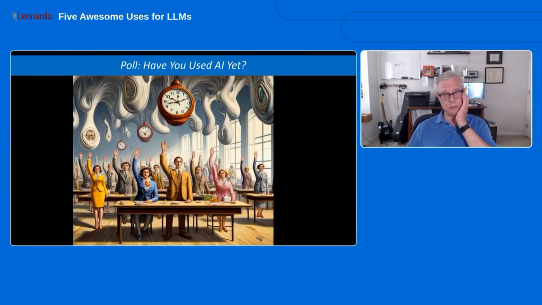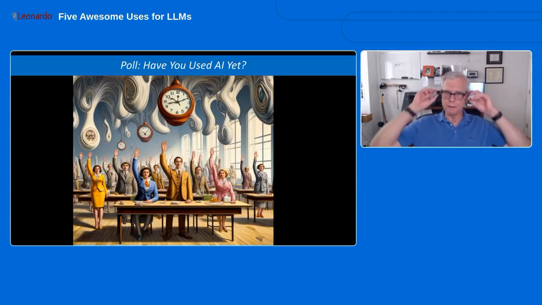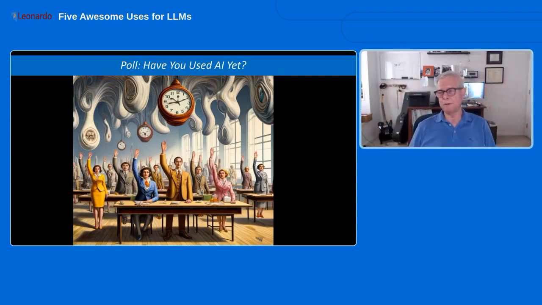Okay, so let's do a quick poll here. I'm going to turn on the polls, start the poll, and publish it. Just a simple question. Have you used ChatGPT or any other LLM? Like there's one called Claude AI. There's Bing. They're embedding it in browsers now, in Edge. There's all kinds of options. Google's coming out with their version, and Microsoft has their version, etc. So let's see how much maturity we have here.